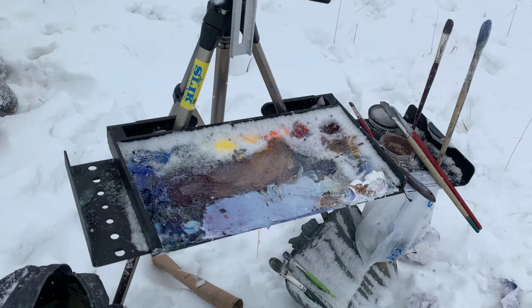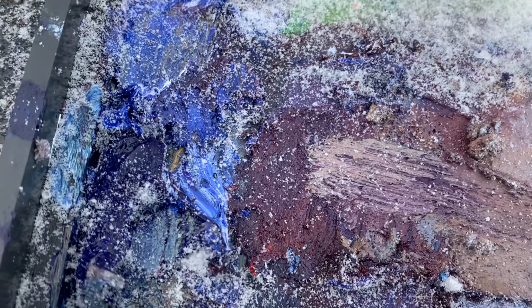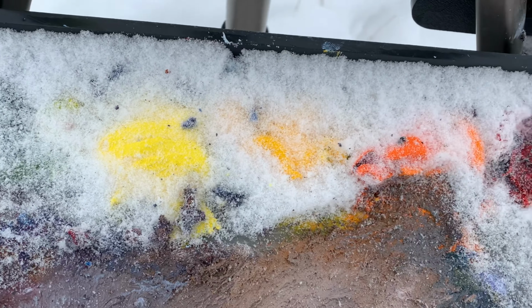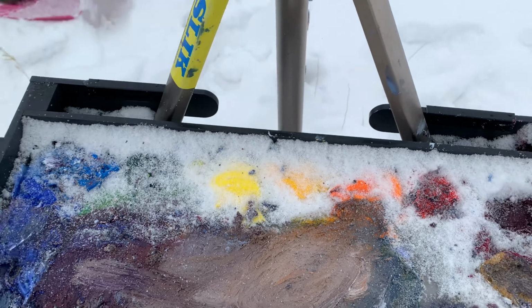Okay, let's take a quick look at what we've got so far. The palette is getting covered up. You can see the ice crystals forming in the paints. The paint's being covered up. Kind of fun, but kind of not so fun. And so there will come a certain time where you've got to just wrap it up,